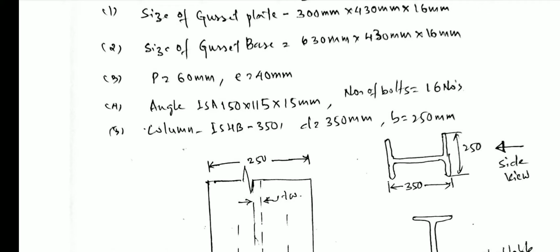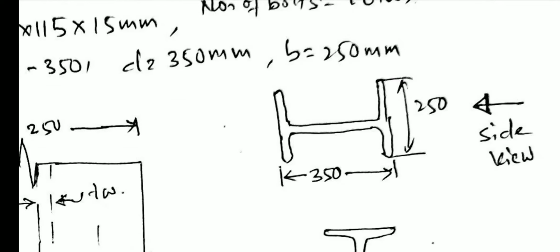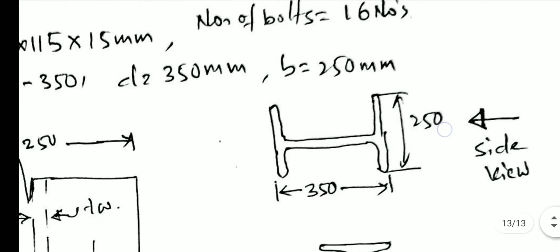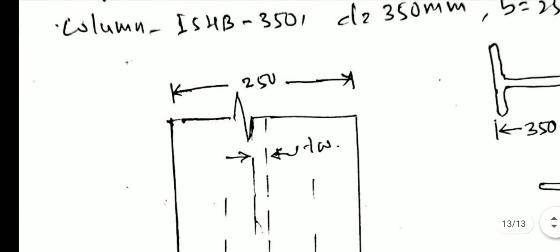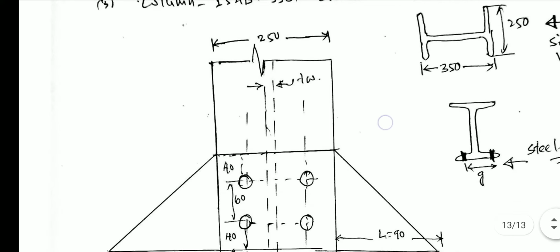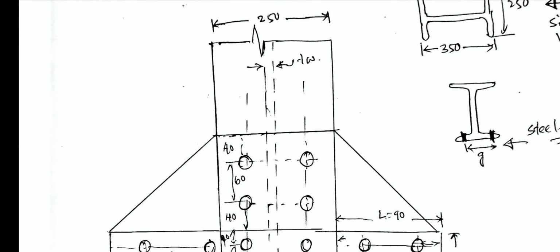Now when you see the I section, the I section is given 350 and 250. Front elevation, when you see exactly the 350 face, but the side view, where we provide the bolts, is the 250 face. So that's why in the given diagram we are seeing from the side view here. This is the side view where we can check and provide the bolts. Now when you observe this diagram, I wrote 250 here, the side view. So the size of the base width of the column section is 250.